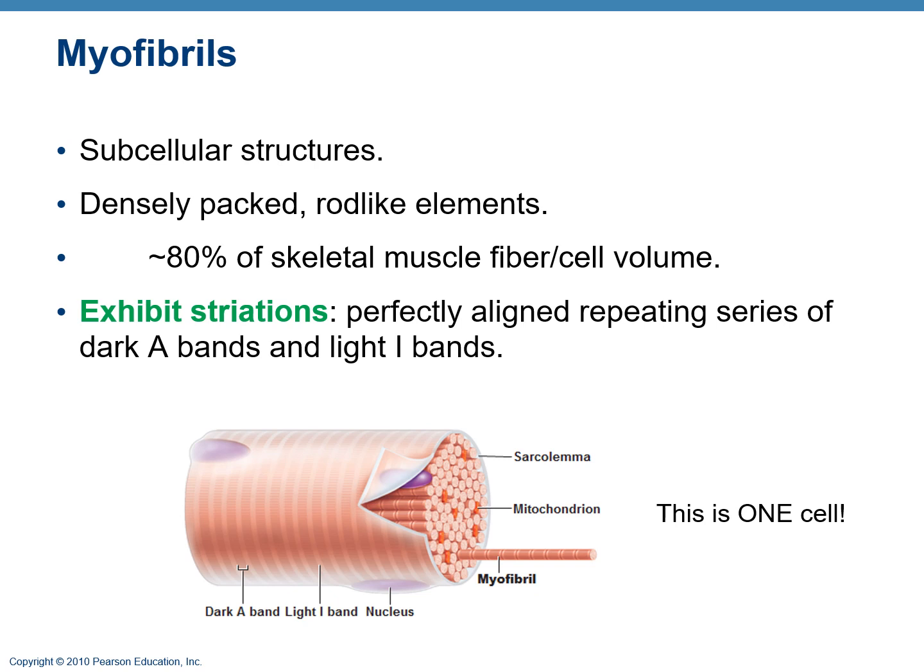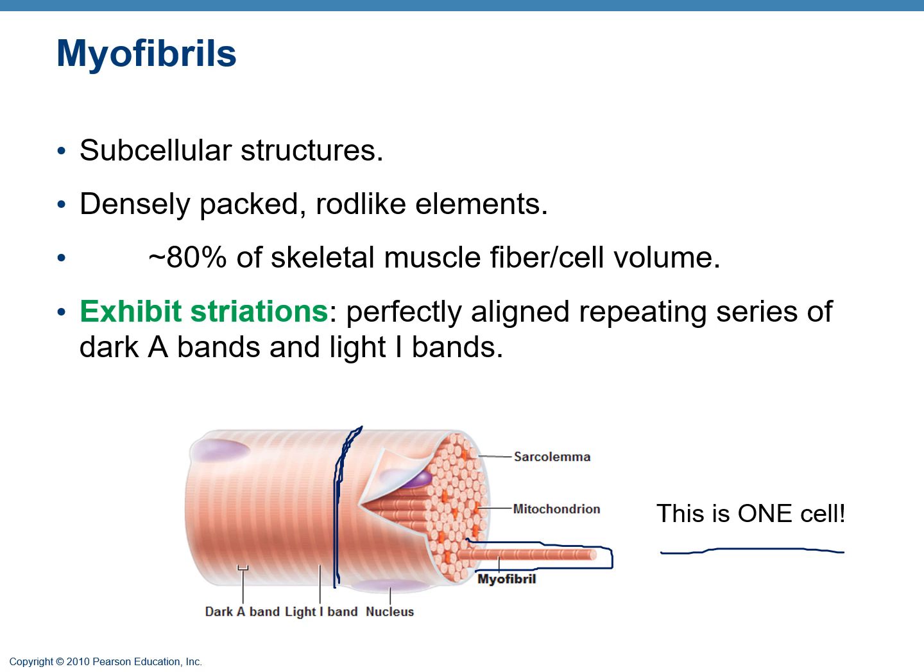That's why it says this is one cell. And this is the endomysium, that very fine, loose areolar connective tissue layer over it. These things, one of which you see pulled out, is a subcellular or intracellular structure known as a myofibril, right? These are the densely packed rod-like elements made up of actin and myosin, the contractile proteins of the skeletal muscle cell. And as we've said in previous slides, they make up about 80% of the volume of the cell,